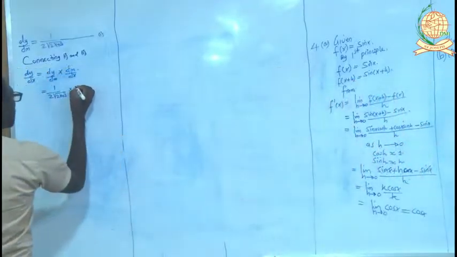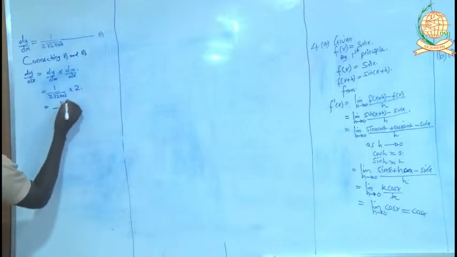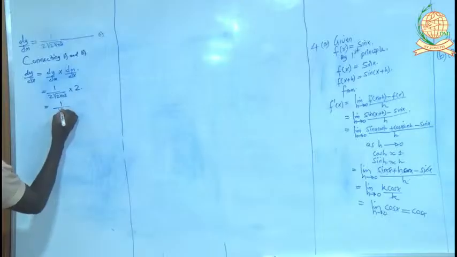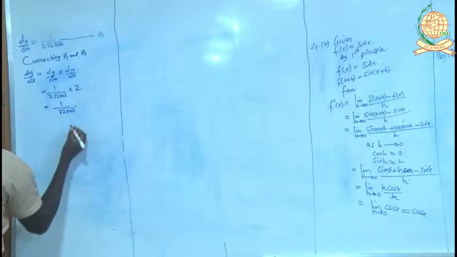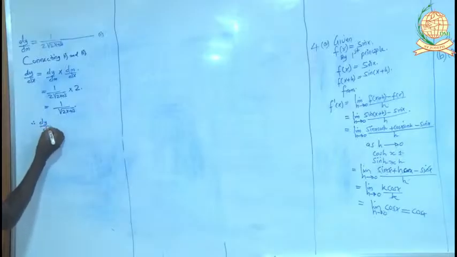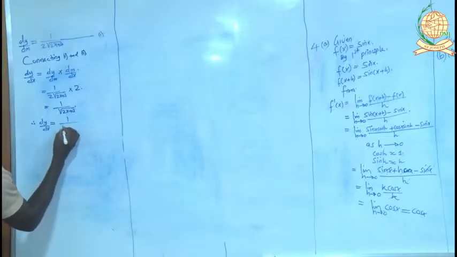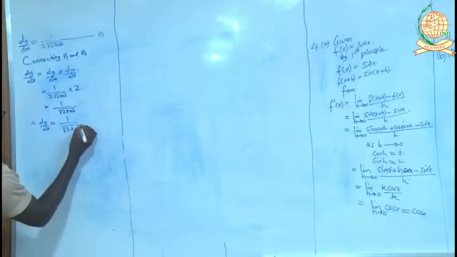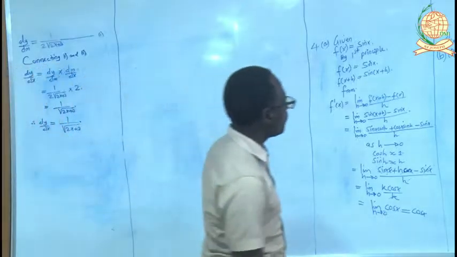So times by 2. This is 1, 2, and the 2 will cancel. 2x plus 3. So therefore, the derivative now, dy over dx, this one equals 1 over under root 2x plus 3. Yeah, so if we have a question like this,